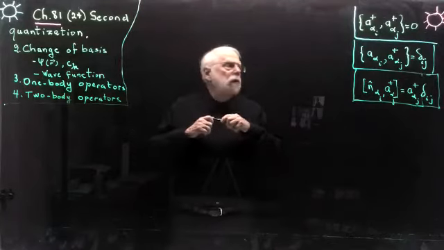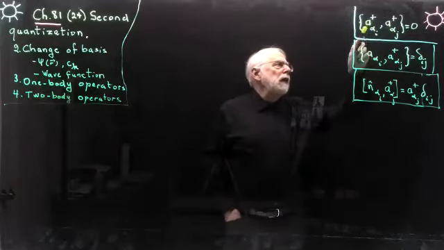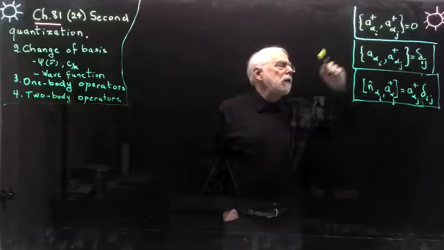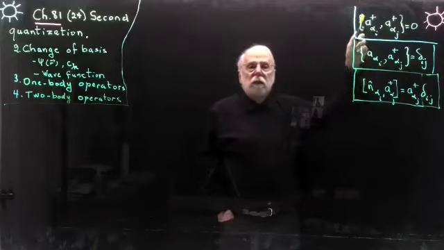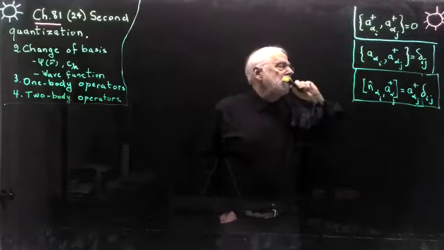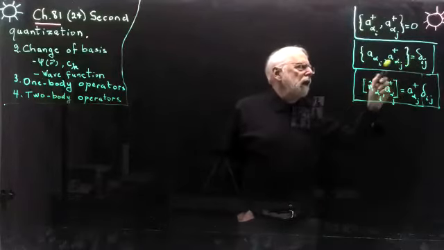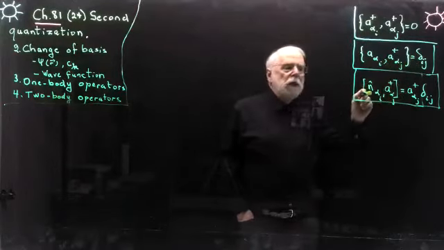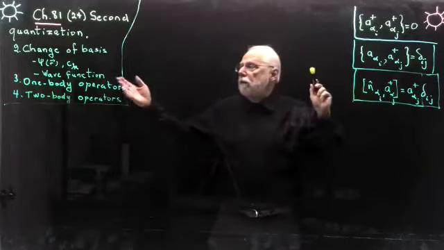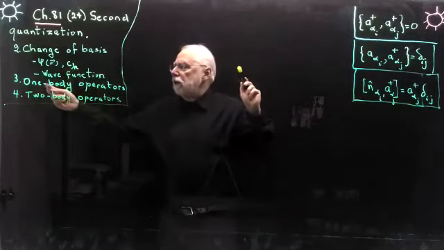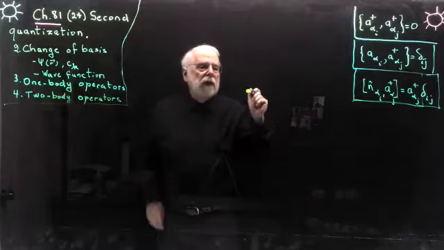Last time we introduced creation and annihilation operators. Annihilation operators obey the same algebra here, same anti-commutator. For bosons, it will be commutators. And we saw that this allows us to define the number operator. The number operator is very useful. Today, it will allow us to write one and two body operators